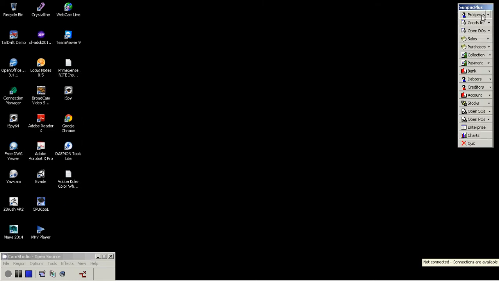And let's just have a look at the dashboard. Here you have prospects, goods in, open DOs, sales, purchases, collection, payment, bank, debtors, creditors, accounts, stocks. It has quite a big selection where you can actually click on the button to view the current status of that particular parameter. So to go into the accounting system, I'll click the enterprise button, which is the third from the last,